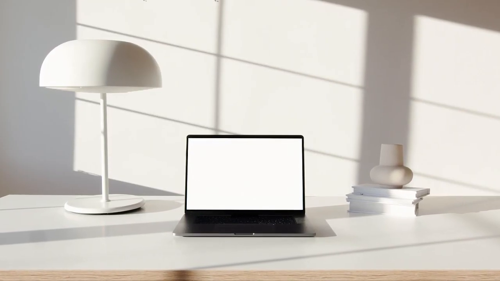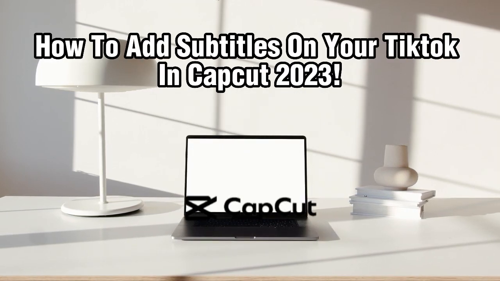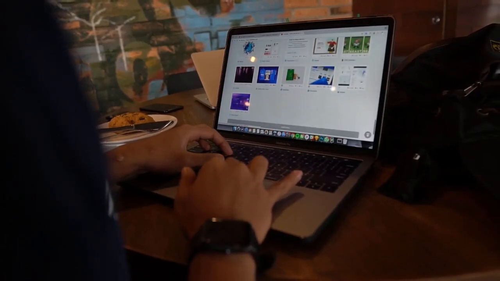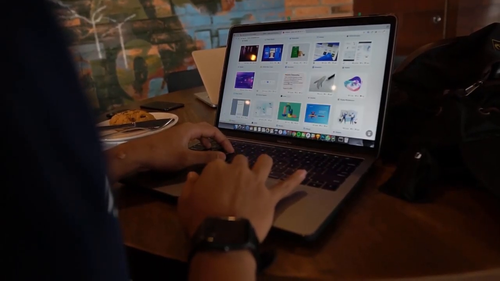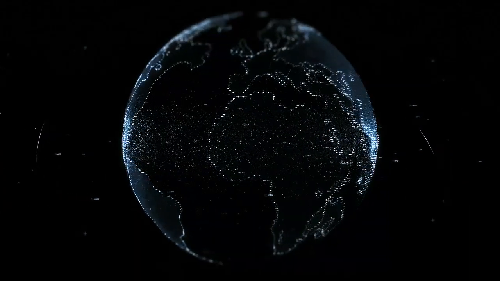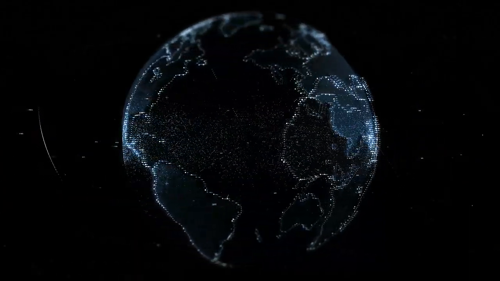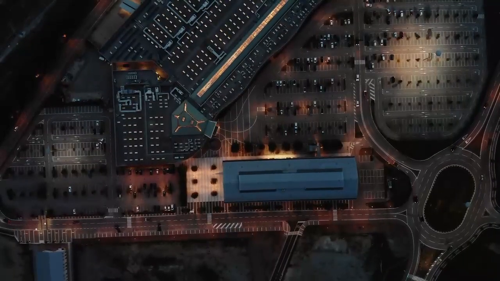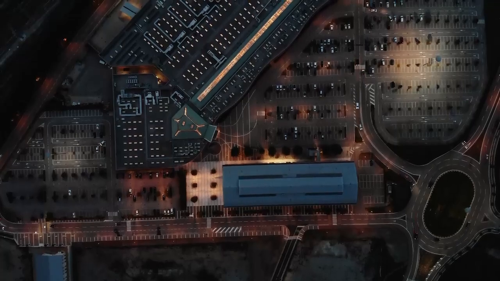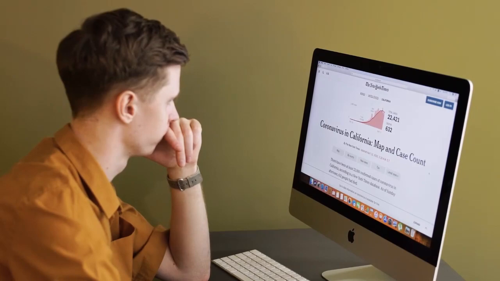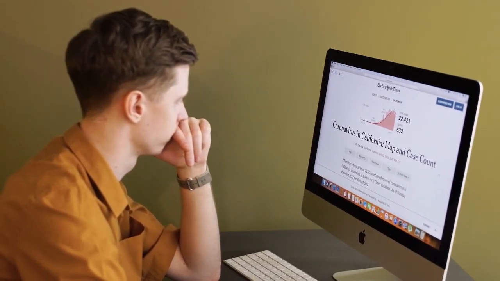TikTokers, in today's video, we're going to show you how to add subtitles to your TikTok video using CapCut, a powerful video editing app. Subtitles are a great way to make your TikToks more accessible and engaging for a wider audience. With CapCut's intuitive subtitles feature, you can easily add captions to your videos in just a few simple steps. So let's jump right in and learn how to add subtitles to your TikTok in CapCut